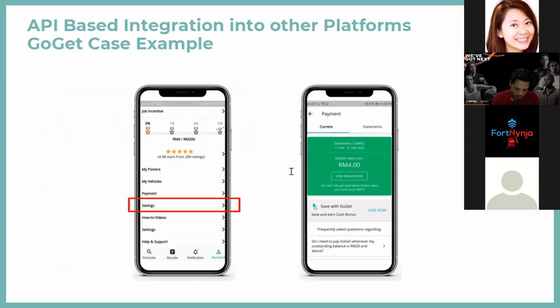So on there is a save button. Every time these riders click save, we will automatically link to our app to update about their saving already. And then the finance itself, the saving will be transferred from the platform to Port app.